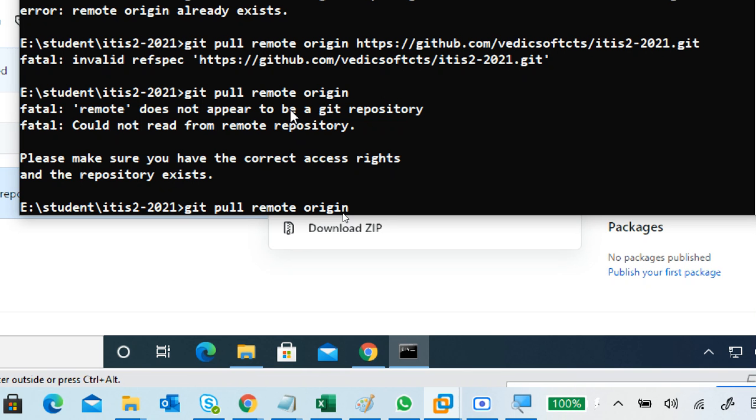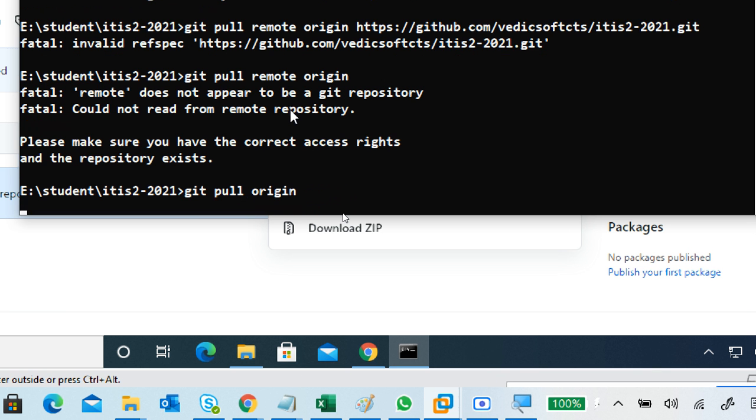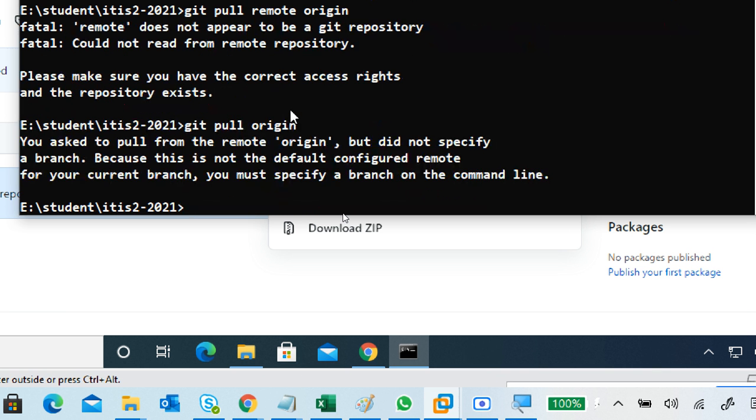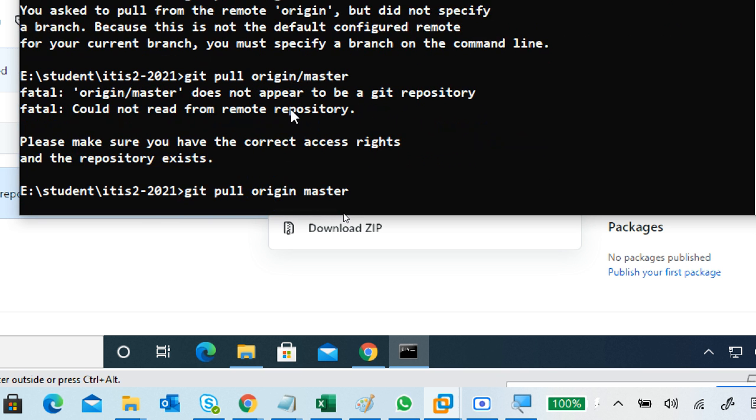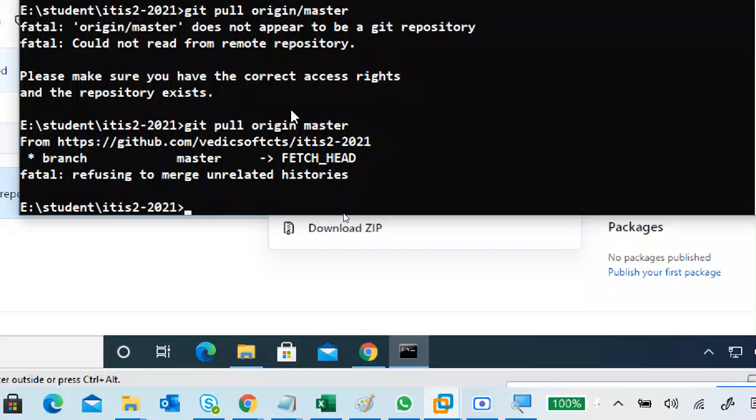Remote does not appear to be a repository. It is not a repository. Git pull origin. It is not fetching. It should work.